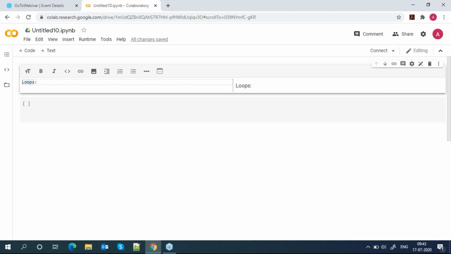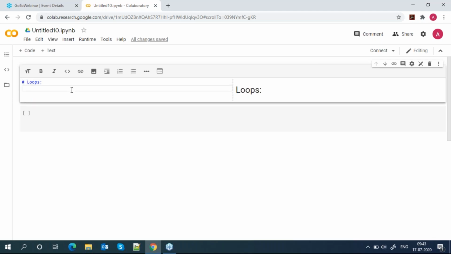Loops are a Python expression where we iterate over particular data again and again, as long as my condition is true or as long as my data is there. According to our requirement, we can run it again and again, one by one.